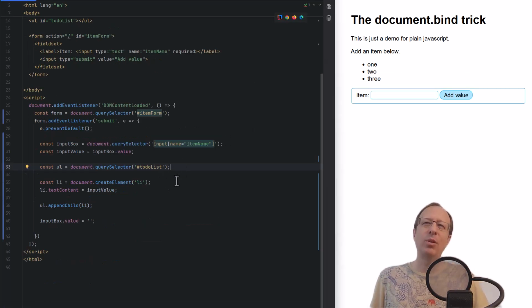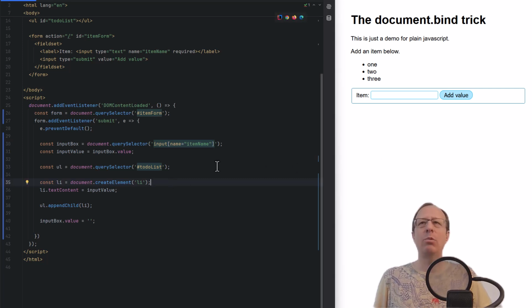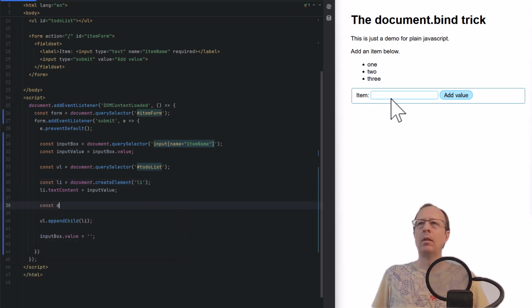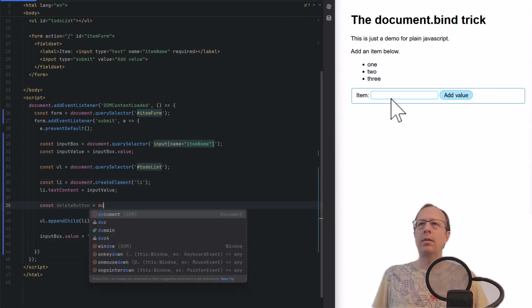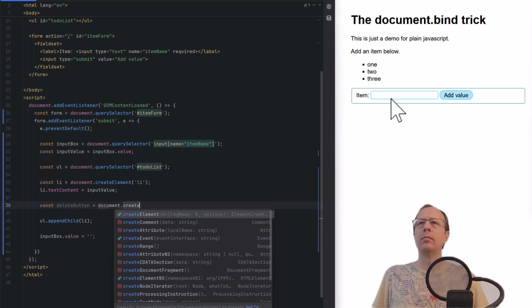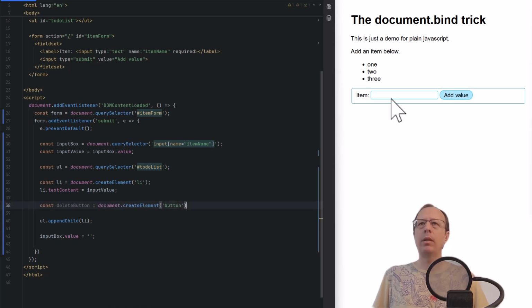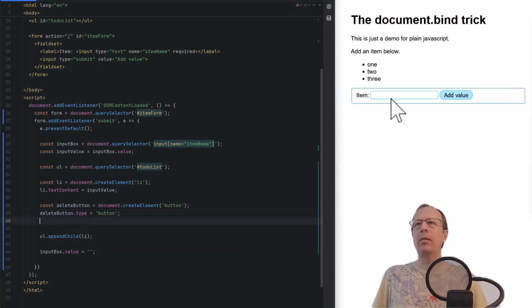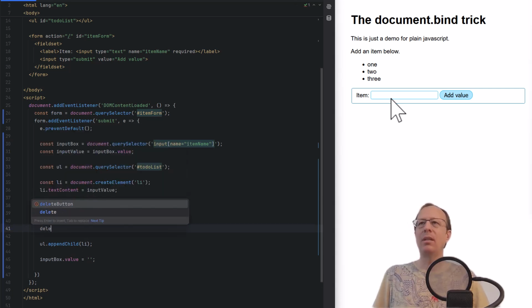This is still quite a small example. How about we add a little bit more so that we can delete items we've added? I'm just going to rush through this. Here we go. So let's create a delete button. We need to set the type to button. Let's just make this a simple cross. That'll do. Okay, and when we click on it,